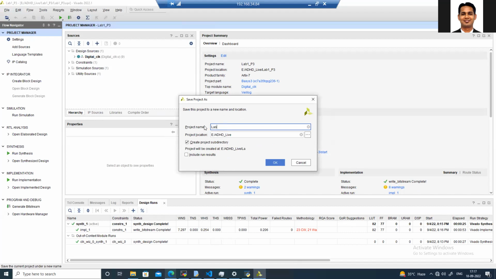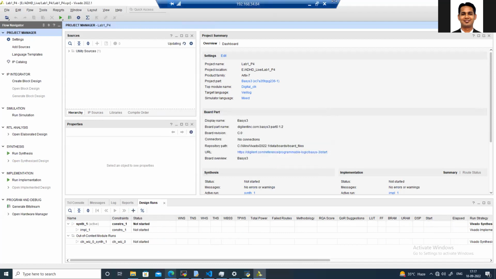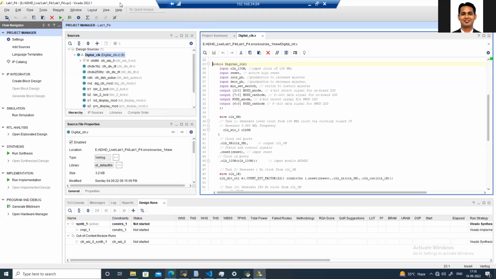This is lab 1 and part 4. Now we need to modify this code to include the